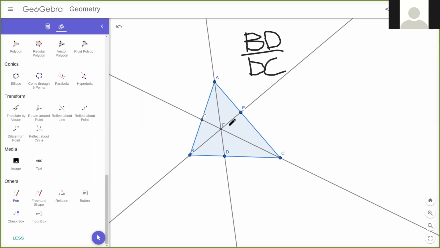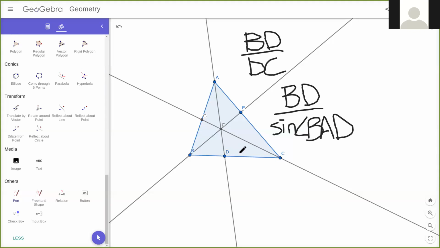So in triangle ABD, what does the law of sines say? The law of sines says that BD over sine BAD